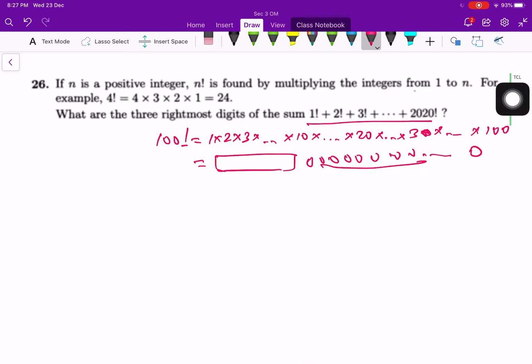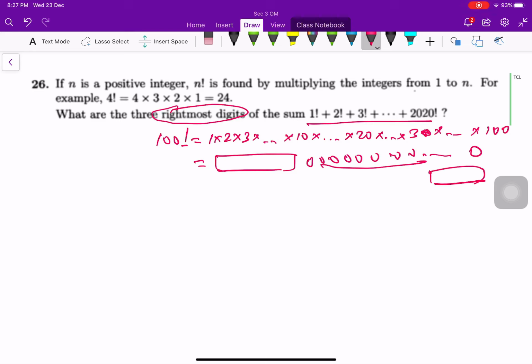And what do they want us to find? They want us to find the three rightmost digits. The rightmost digits actually mean the last 3 digits here, right? This last 3 digits here. But the thing is, when you look at 100 factorial, actually behind are all 0s. Therefore, now the question is,